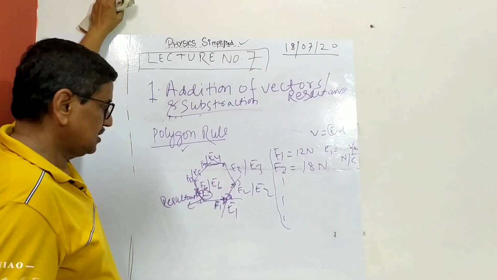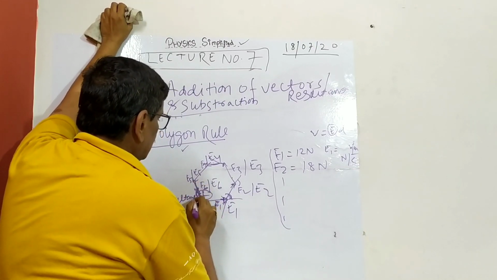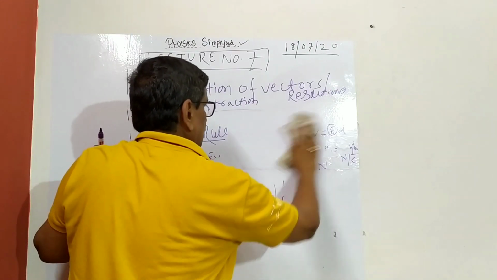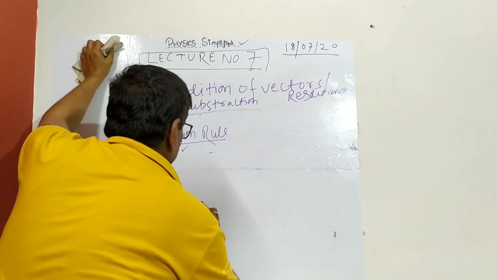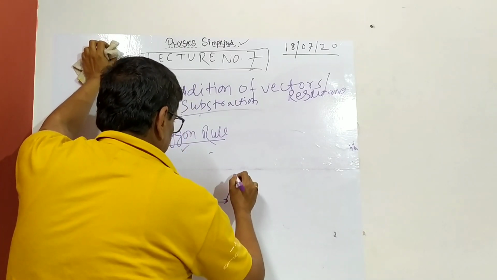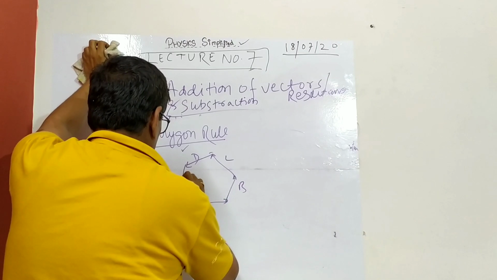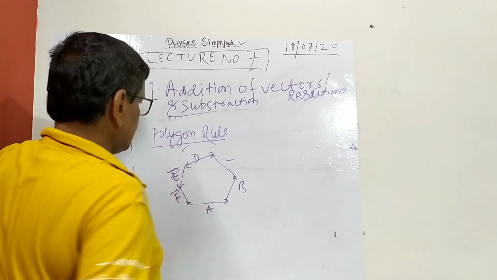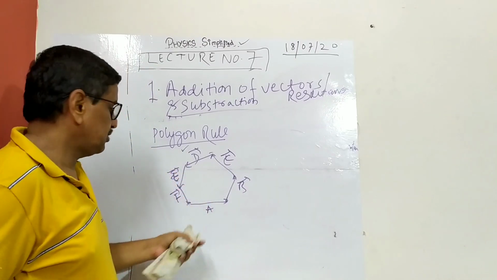So suppose there is a question, and this is a closed curve and this is like this, and F6. Now another picture I am drawing, that first was open, and now this is a closed curve and the vectors are there. This is written vector A, this is vector C, this is vector D, I don't know the angle and all, and this is vector F, and this is the diagram they have drawn. This is a graphical representation of vectors. And now there is a question, what is the resultant?